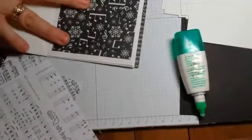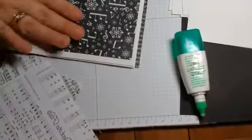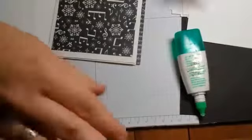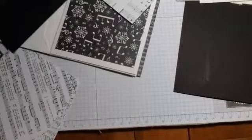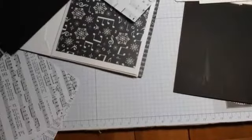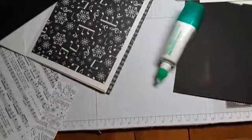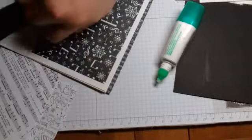And I am not going to add a lot of extra stamping when I get to the end of this. You sure could. You can stamp as much as you want, but what I have discovered is that I just don't really want to do that. I want to leave this fairly simple,